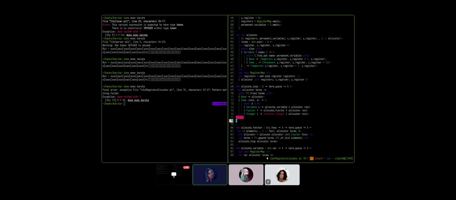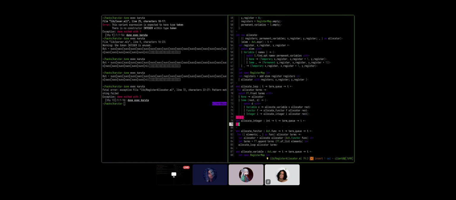It's just going to be like the other ones we have below. Allocate integer takes an int, a term queue, and a t, and returns t. Yeah, I would just copy paste whatever we have for functor there and change it accordingly.